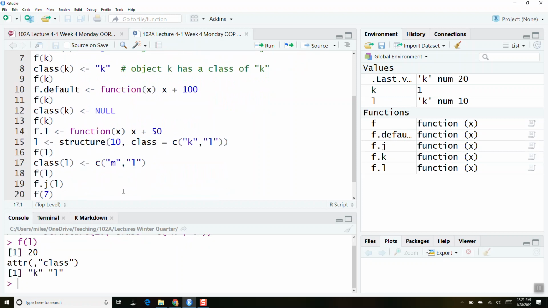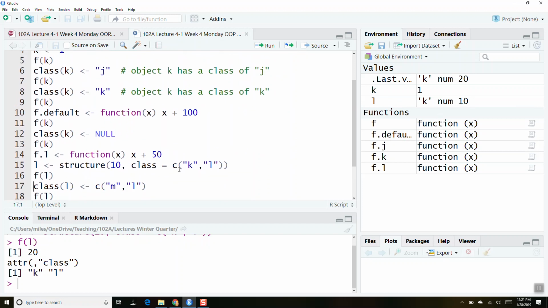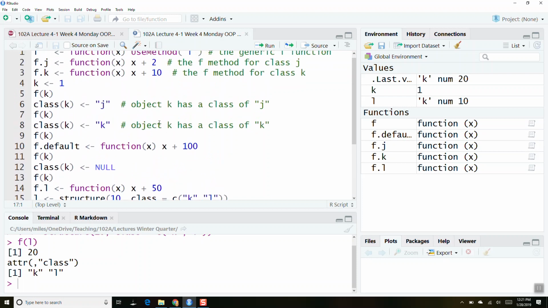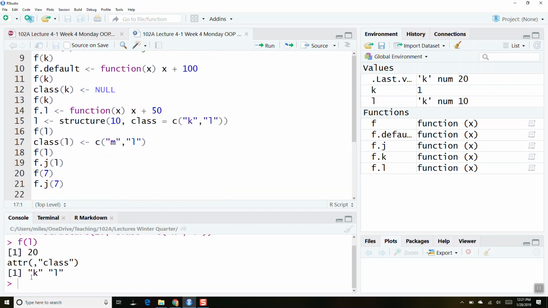This will return 20, right? Because L has the value 10, and its class is the vector k and L. So it's going to look up f.k first, and because it finds it, it's going to do plus 10 and give back 20.